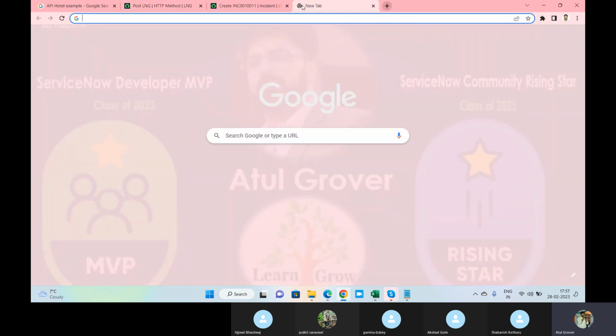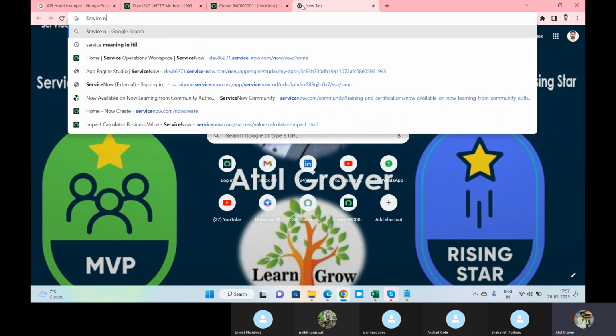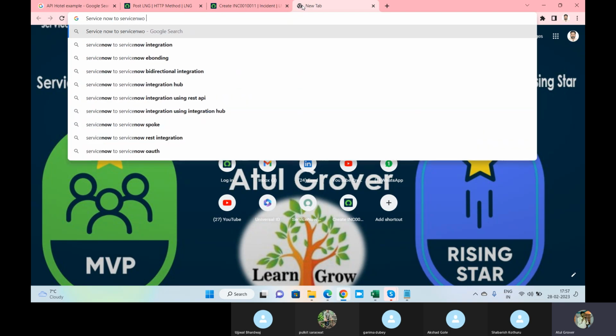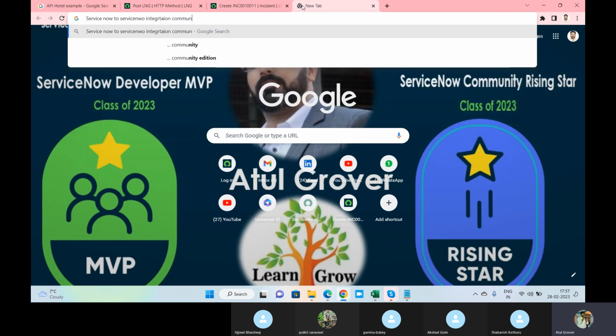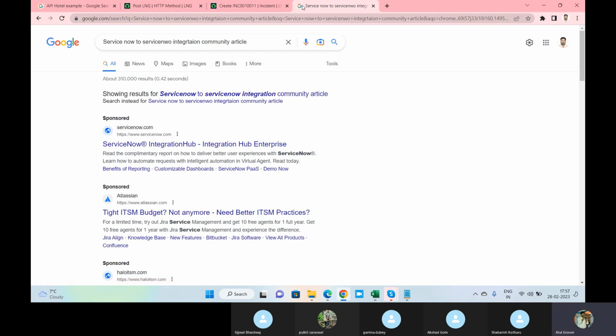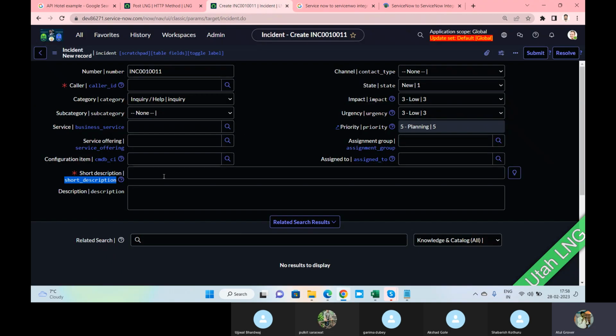Let me open an article here because I generally follow one article for this: ServiceNow to ServiceNow integration. This person has a very beautiful way of explaining. Many times I follow this article, because I know we are missing something in the syntax only.